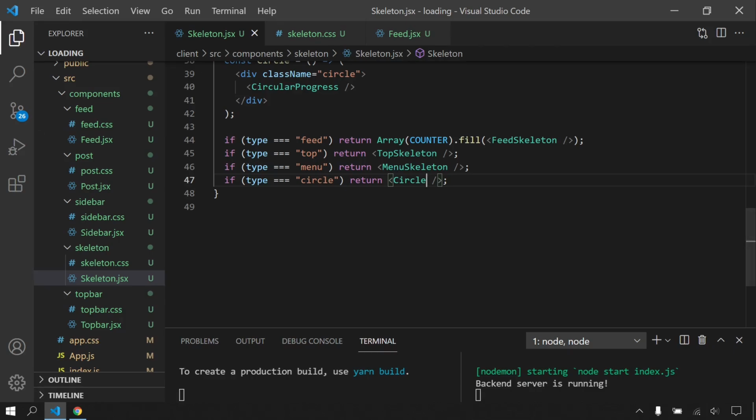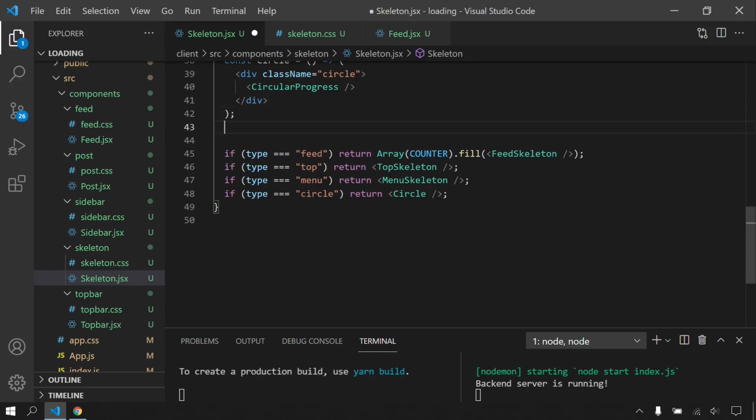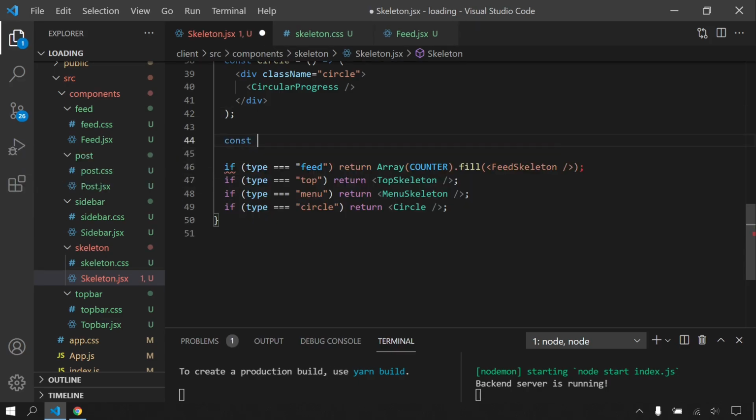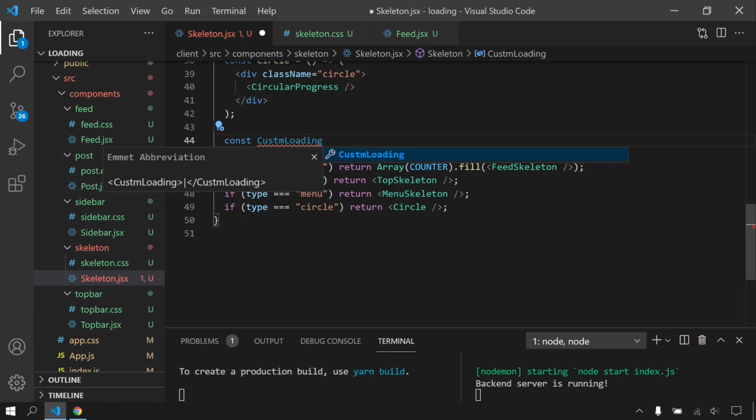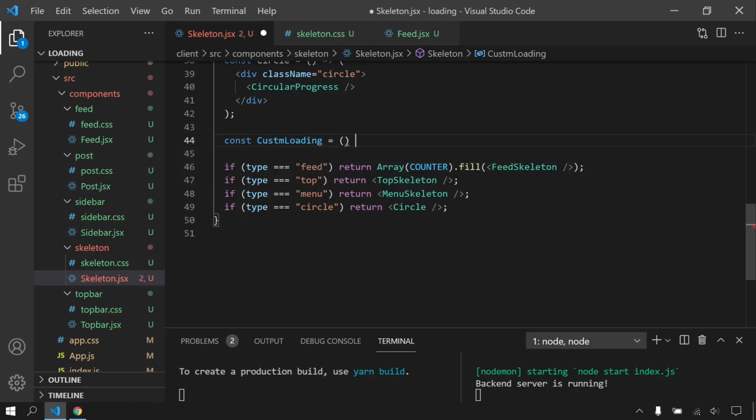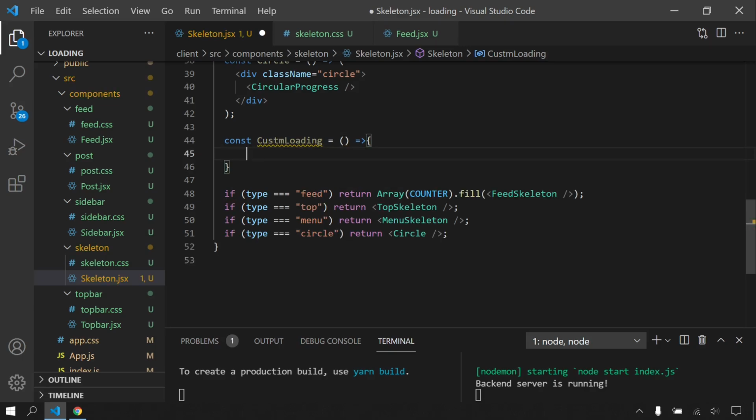So I want to create one more component here. It's going to be my custom animation. So I will say const custom loading. Oops, it's not a function. It's going to return just a component, just HTML elements.